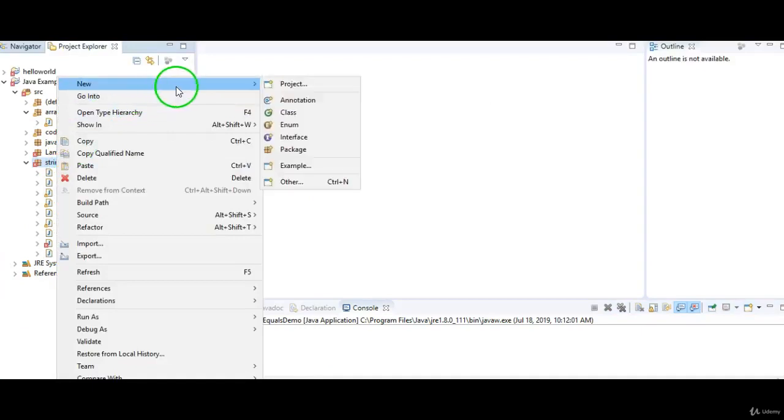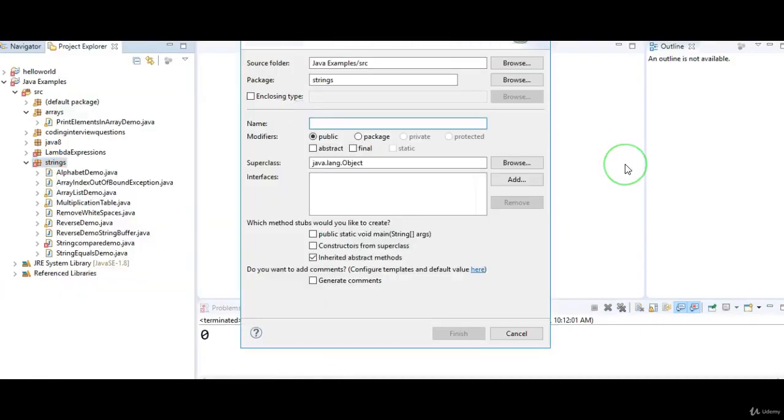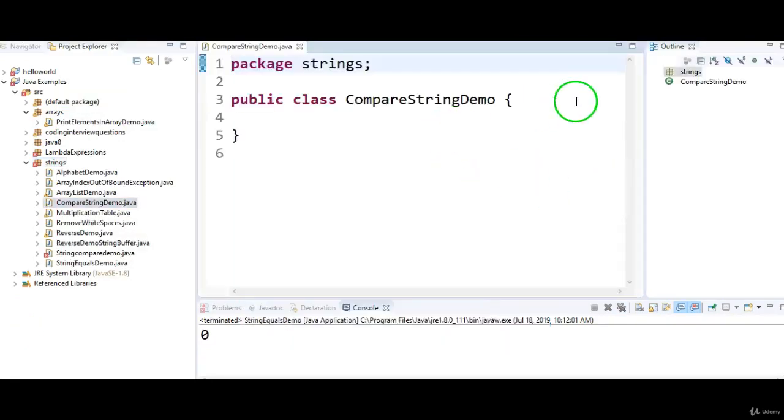So create a new class called CompareStringDemo, and here write a main method.